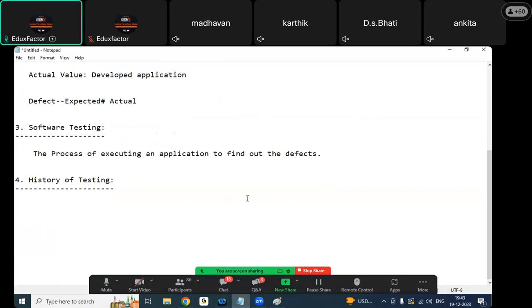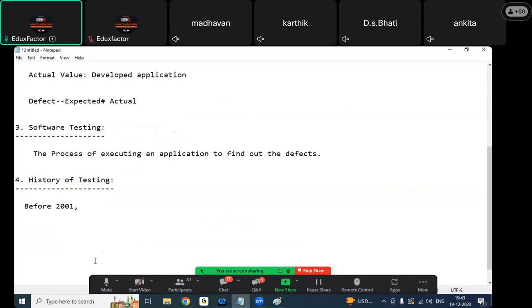Just want to add one point for you all. You're learning testing, which means you should know the history of testing. When did it come into the picture, and why did it come into the picture? Those are the types of questions you have to raise by yourself. Okay. So before 2001, around 22 years back,